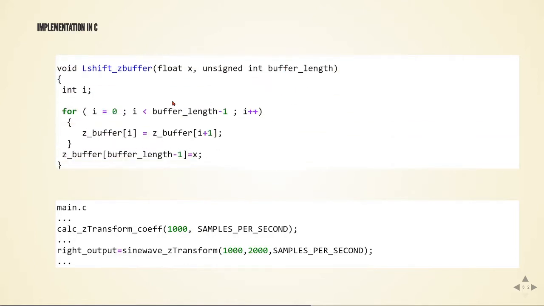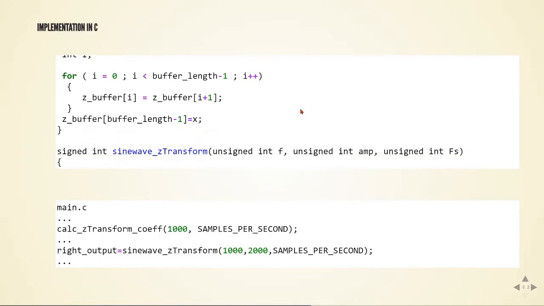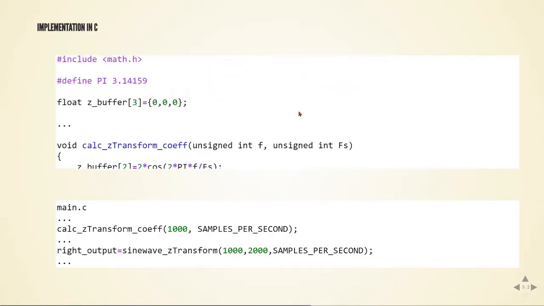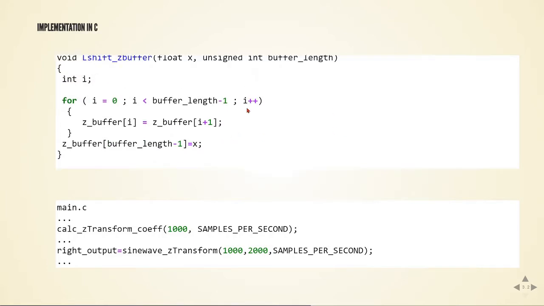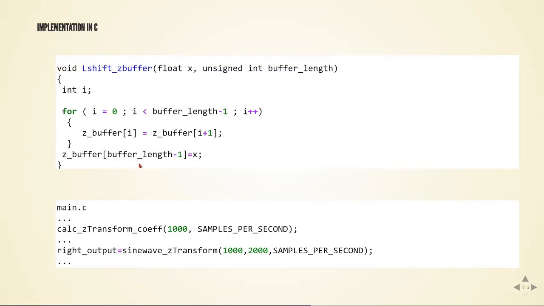And now we will use this shift buffer. We will use this to shift this to here, and we will add the current value here, and then we will shift, doing this in a loop. This will always remain the same, and this is what we're doing here. So the buffer length minus 1 gets the value of the current output,